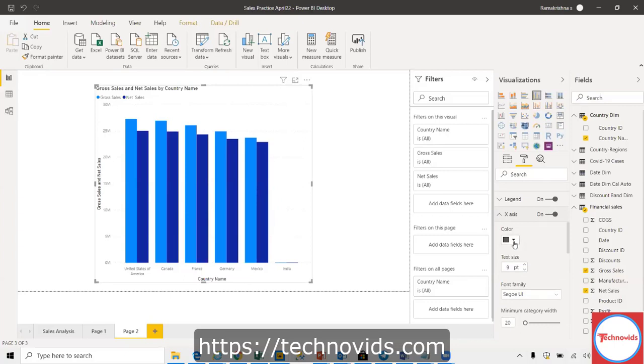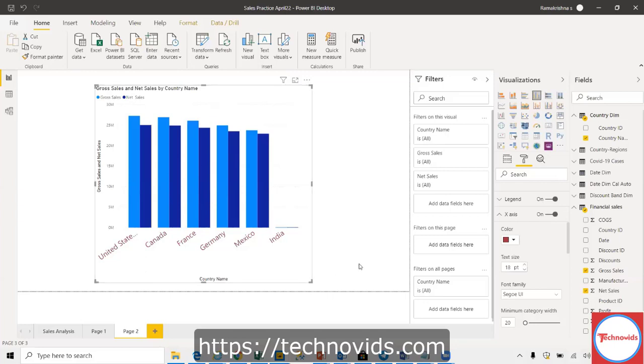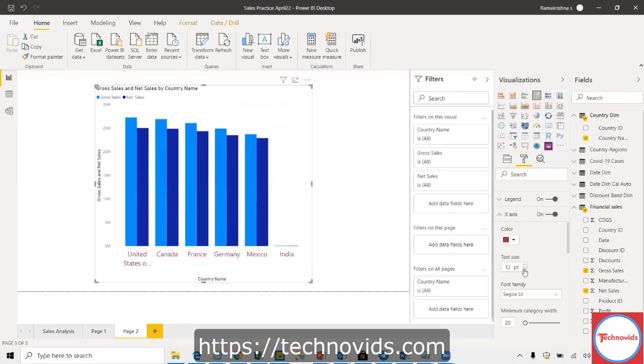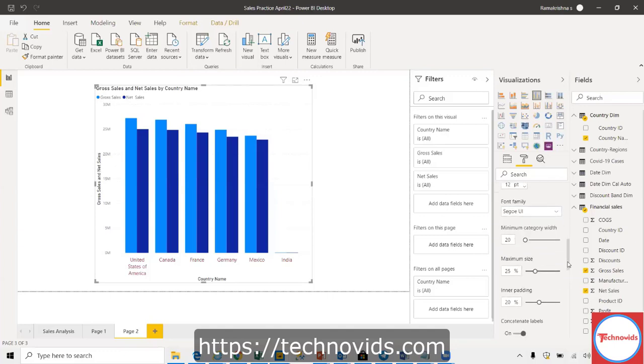These are all the beautification part, which you'll be able to explore. As you can see, the color changed now, and as I increase the font, it tried to adjust. Font and these things are mostly self-explanatory, right?